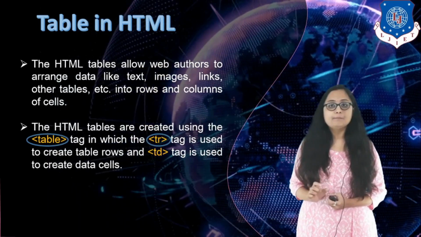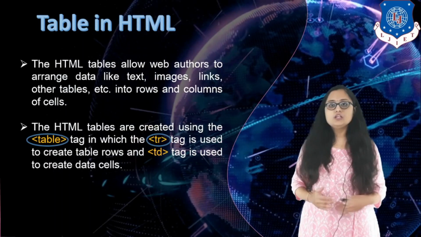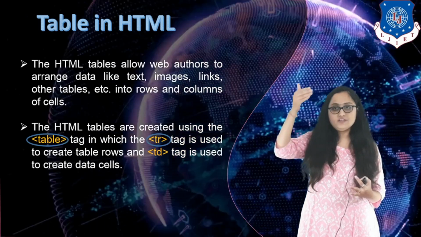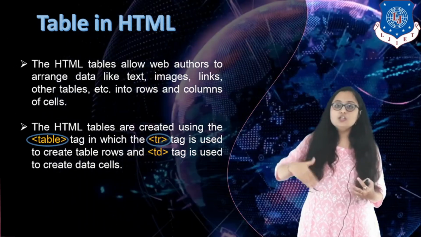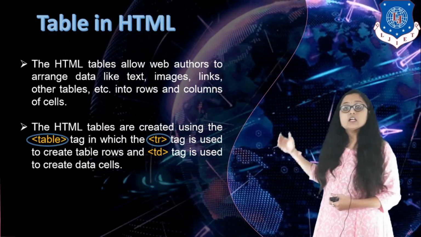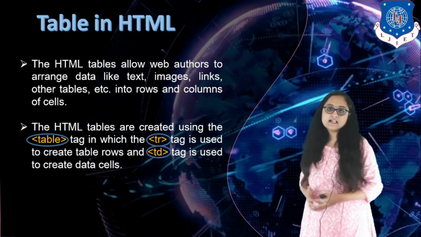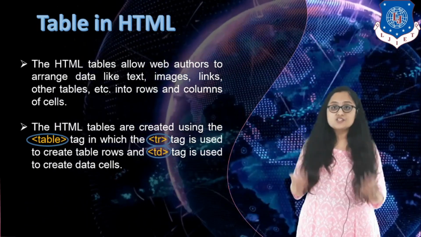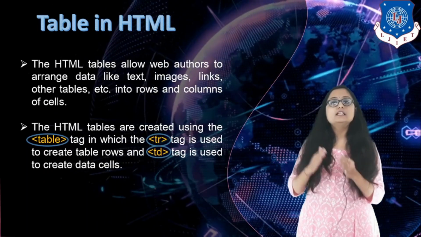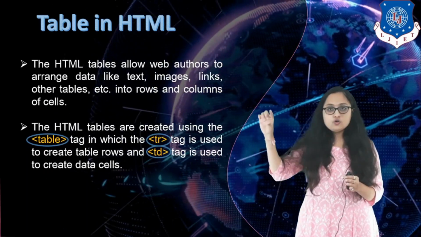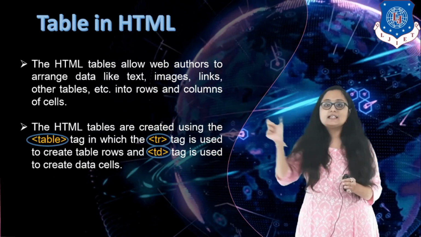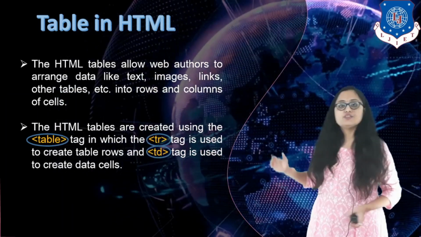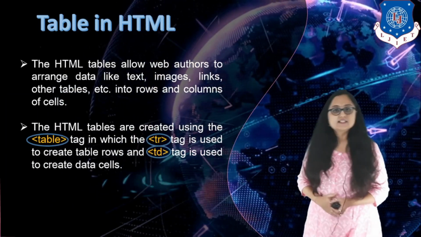TR stands for table row, right? So for example, if you have a table which has 4 rows, you will have 4 TR tags, that is, you will have TR start, TR end one time. Similarly, you will have 4 TRs, right? Now what is left? Exactly, the columns are left, but we are not explicitly defining the column. Instead of that, we are defining the table data, that is, in one row how many columns or how much data you want to write, in the vertical format. Now this is defined by which tag? TD, and TD stands for table data.